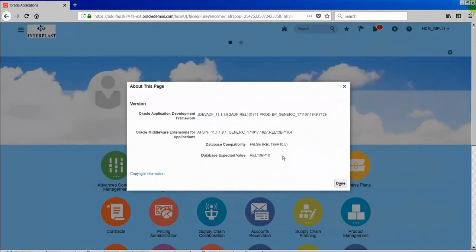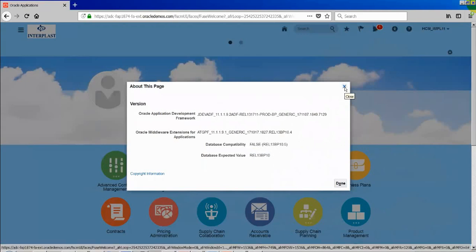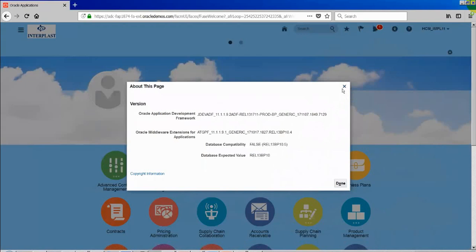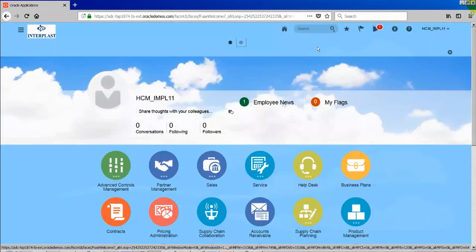So in June we are going to get 17D. Yeah, that's what it is, and that is a major upgrade. Now, this instance is a demo instance. As I said, if any new customer goes to Oracle, they are going to give release 13. Okay, I'm talking about ongoing projects. If any company who is already in Fusion, they are still on release 12, they didn't get a chance to have release 13 yet. It is going to be released in June. And this instance is brand new. That is why it is release 13.